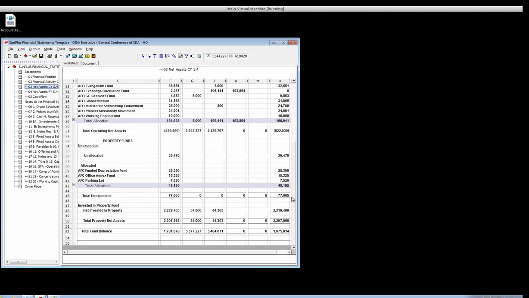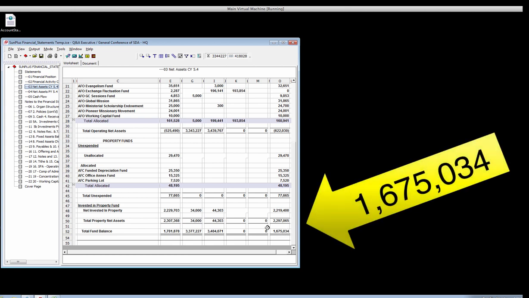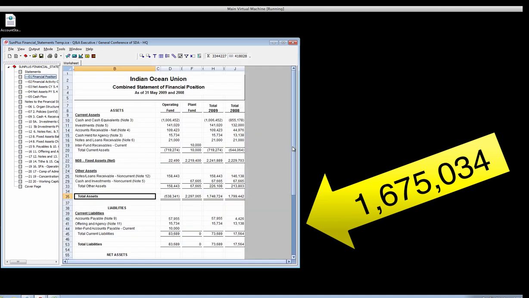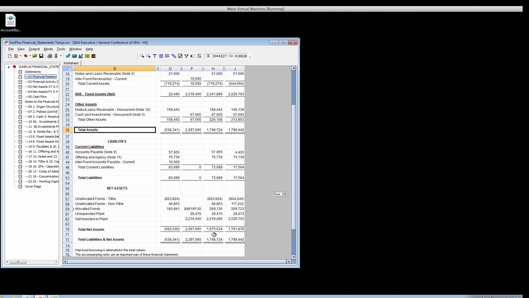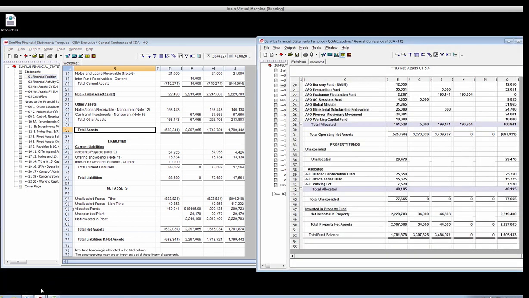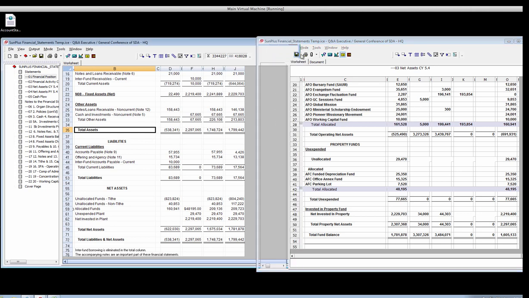And we have a statement of net assets here that we want to compare back, and we have a total net assets of $1,675,034, and that compares back to the $1,675,034 right there. But what happens if they don't? So what I have done as a teaching device is actually monkeyed around with the statement of